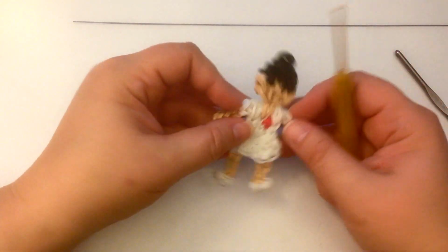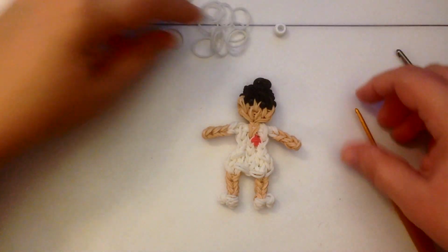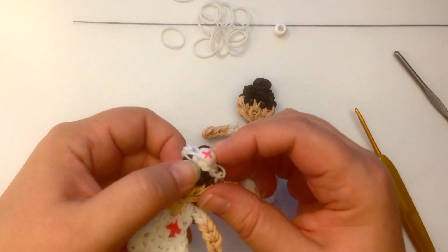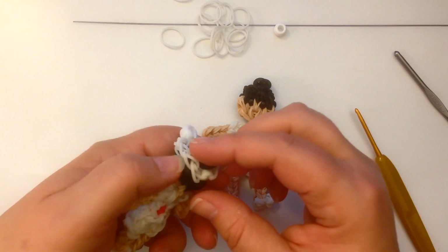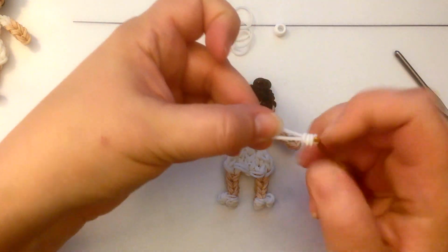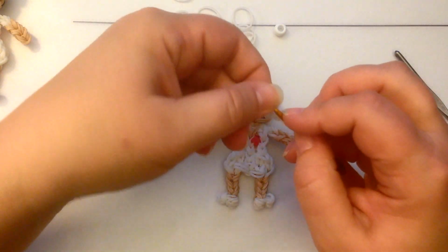Okay, so now we need to do her little hat, and as I said, there's a couple of ways we can do it. The easiest way to do it is to have a white pony bead, and you're going to do an end cap, and you're going to go 1, 2, 3, 4. On the 5th one you're going to put your little bead, 6, 7, 8, 9 and 10. So let's do, I'm going to wrap it around 3 times, and it's a single band. So 1, 2, 3,